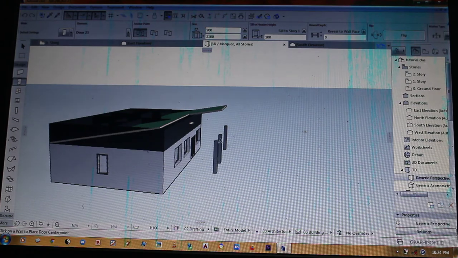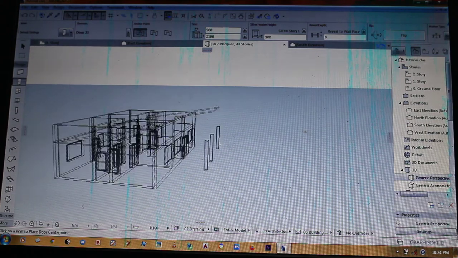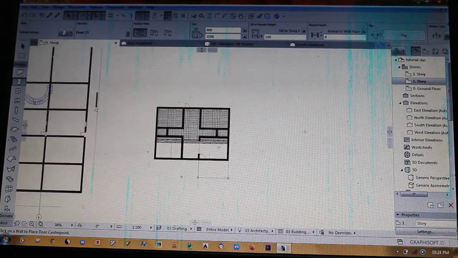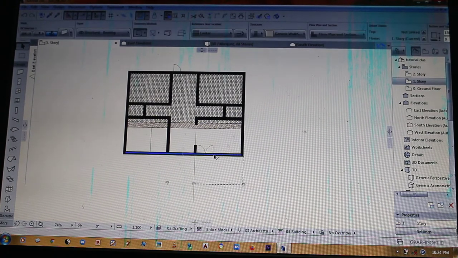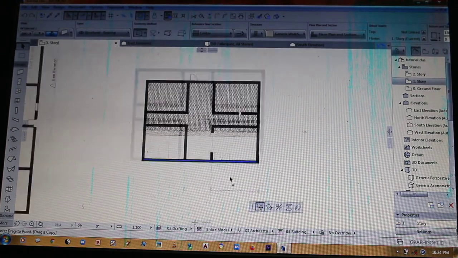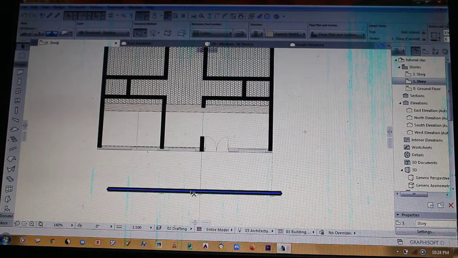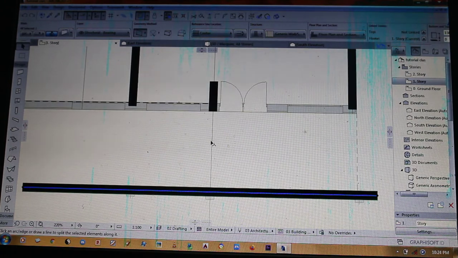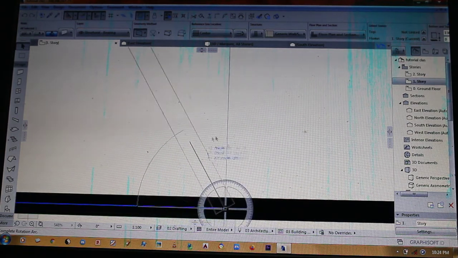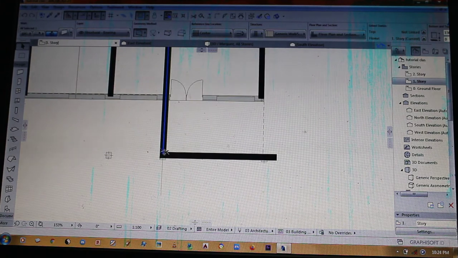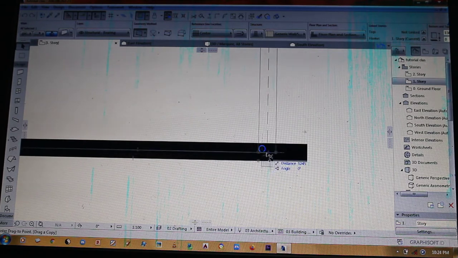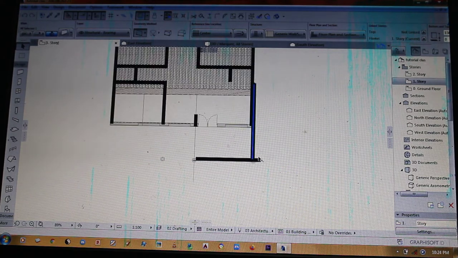Okay, but we still don't have the parapet wall for the columns, and so I will also have to provide it. Okay, let us provide it by maybe copying this, like this, and then, yeah, like this. So I have to create those parapet walls, and then